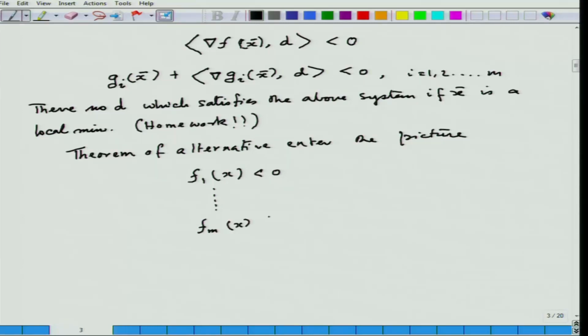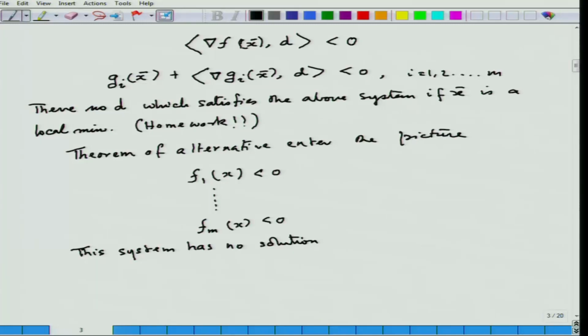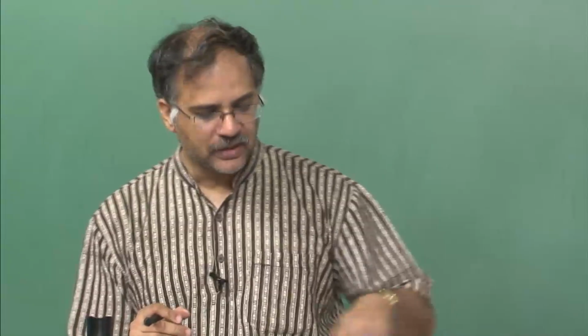So, if I have m convex inequalities and I am saying this system has no solution, what is the certificate? Means how do I say that this system does not have a solution? If this system does not have a solution, something else has to have a solution. If something is solvable, I can say that this system does not have a solution. That particular something is called the certificate of solvability or unsolvability of this system,